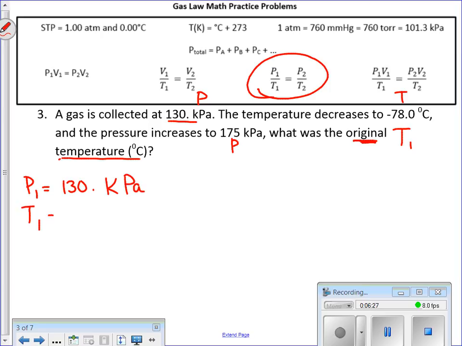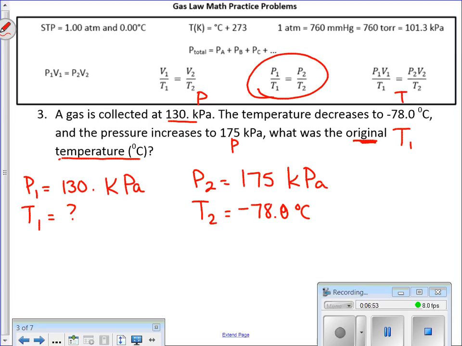T1, I don't know. That's my question mark. The question was, what is the original temperature? P2 is 175 kilopascals. T2 is listed as negative 78.0 degrees Celsius. Okay? You need to be careful with this because when you are solving problems that involve temperature,